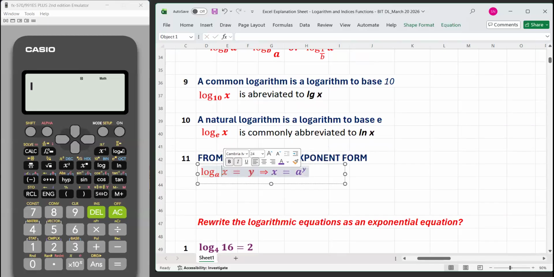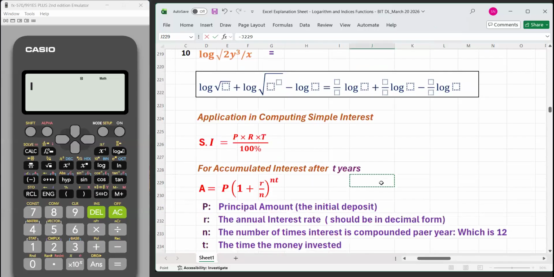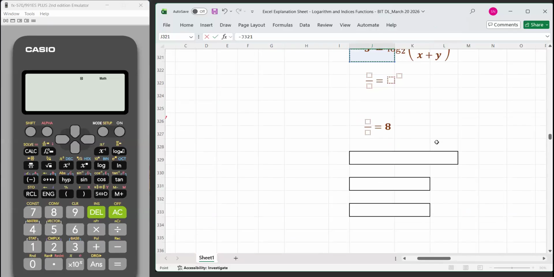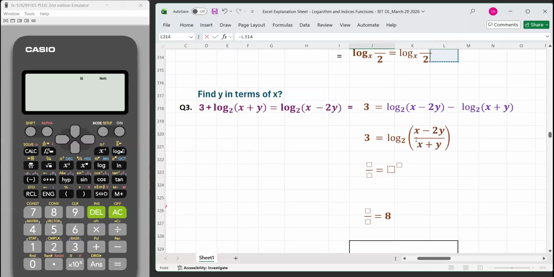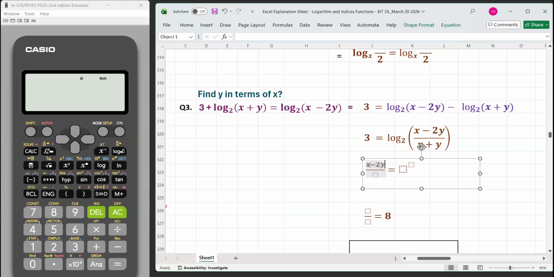So my x is the fraction, the base is the number 2, and the answer is 3. The formula says that the number x is equal to the base a raised to the power y. That is what we are going to use to solve this. This whole expression in the bracket stands for x. So I have x minus 2y divided by x plus y